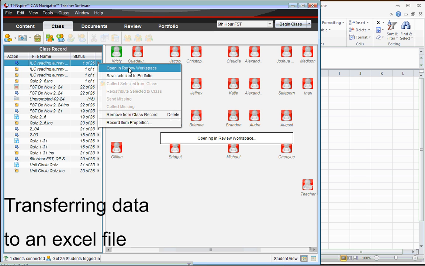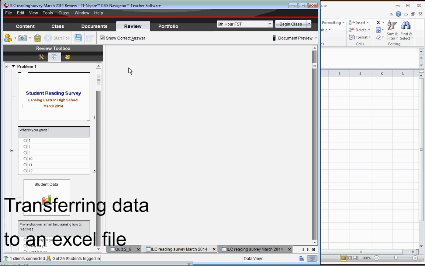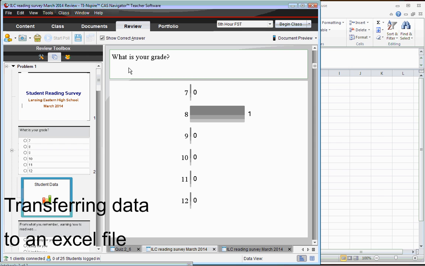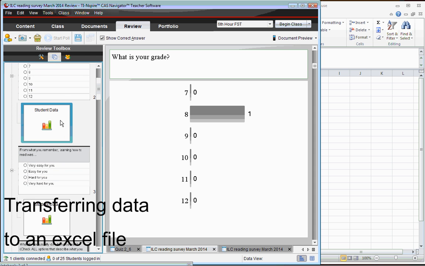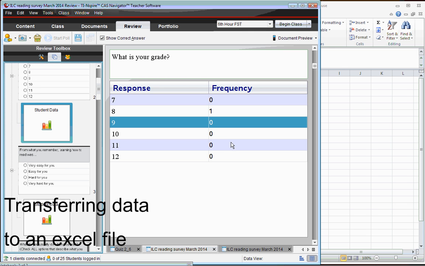And you want to do this before you start the next class so that you can still get into it. So I would open it in the review workspace before you end the class. So now here, I'm going to do the exact same thing I was doing before. This is my first question. There's my student data. Bar graph isn't going to help me any, so I'm going to go down to frequency table, right click,